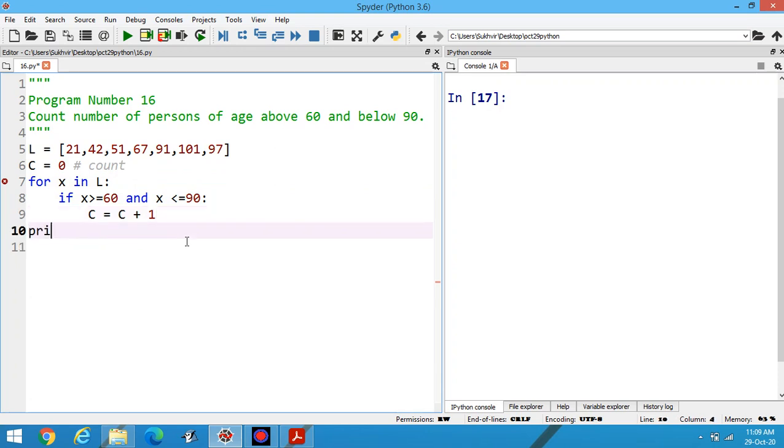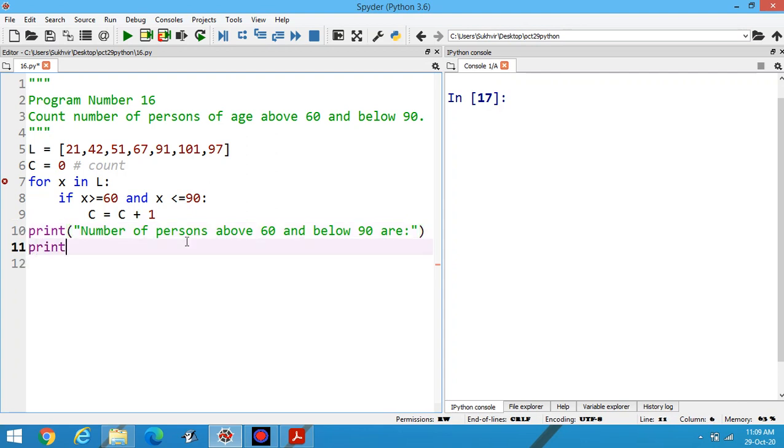We have to print this value. Print number of persons above 60 and below 90 are.